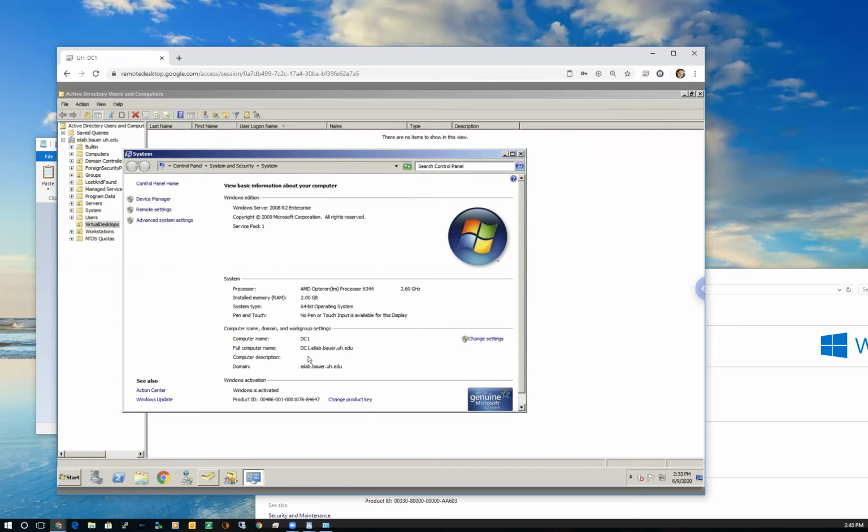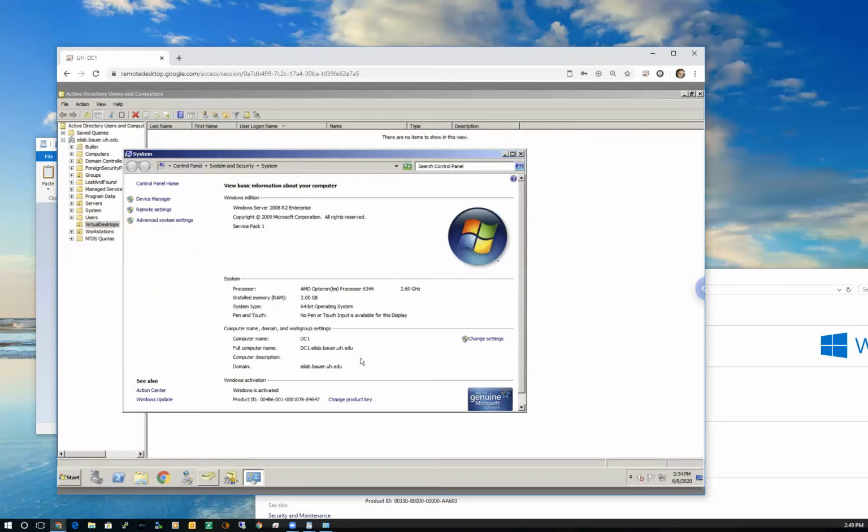Ignore the DC1 for just a minute. So the domain here is eilab.bauer.uh.edu. You have the option to name your network domain the same thing as an actual internet domain, if that domain is potentially accessible or shareable on the internet. So we have a domain at U of H called uh.edu. We have a sub-level domain, a subdomain, within this building called Bauer, because this is the Bauer College of Business. And then within the EI lab here, which is where I'm sitting, room 122, this is its own subnetwork off that. So it's called the EI lab.